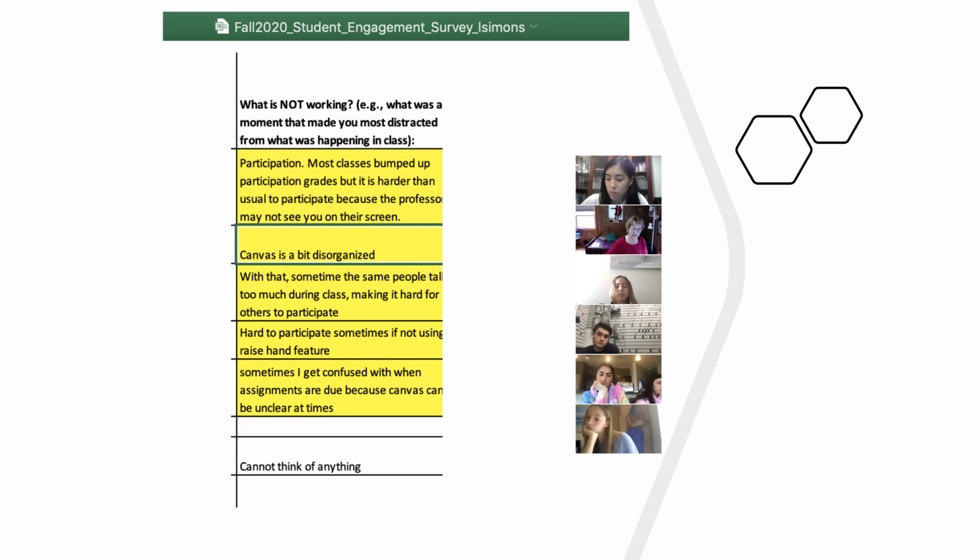Sometimes I get confused when assignments are due because Canvas can be unclear at times. I would say that's true. But what I do try to do, on the slides at the beginning of class and maybe at the end, is tell you what's coming up. And I try to do that in the roundup when I send out. So it was suggested that I send out something at the beginning of each week telling you what was due. I can't do that. I'm trying to stay up with what I have. I appreciate the suggestion, but that's one thing I can't do. I can't add right now, but I am trying some of these other things. So thank you for those of you that responded, was what I wanted to say.